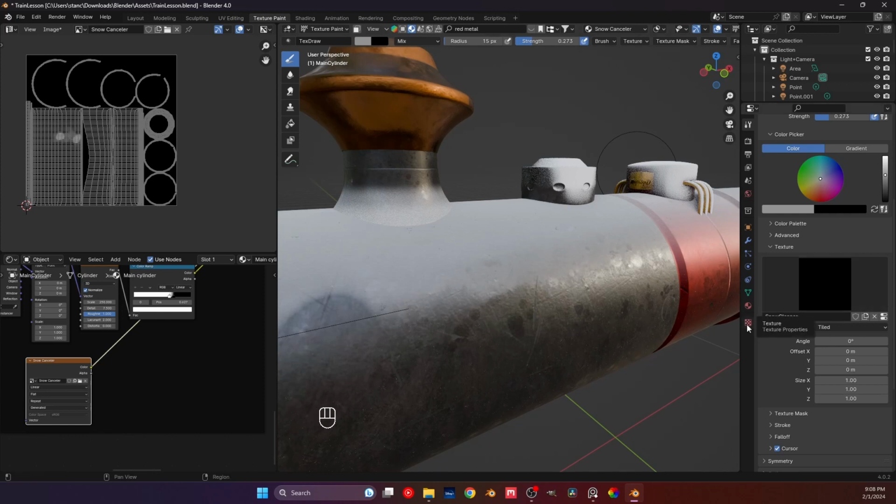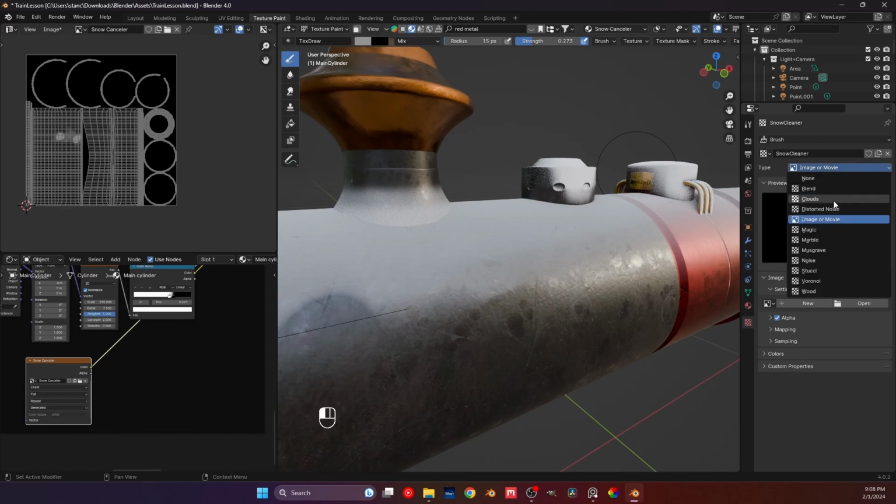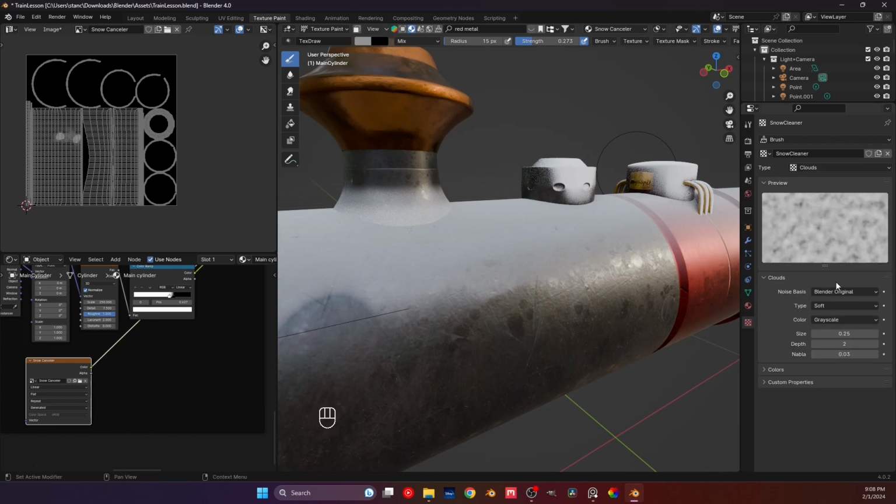But if you go to textures, now we have the texture right here, and we can put an image over it, but we don't want an image, right? So at the type, we will just scroll down and have so many other things we can put in. Usually the most used is the image or the clouds, at least for me. I don't know about you. So select the clouds, and this is what we get, which is more or less like a noise texture. So we can make this a little more like 0.13, and